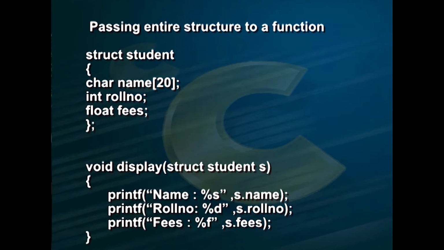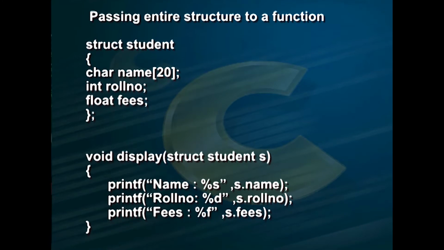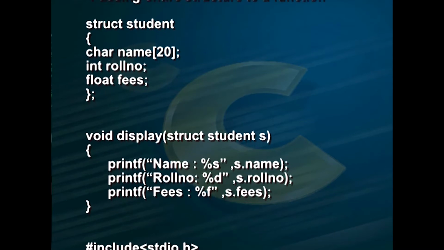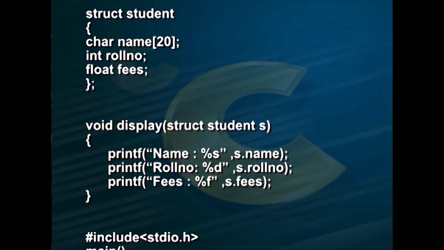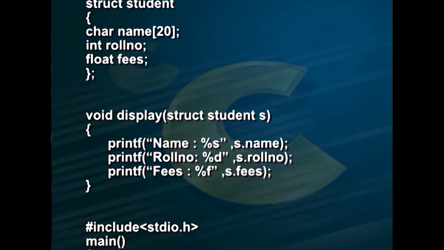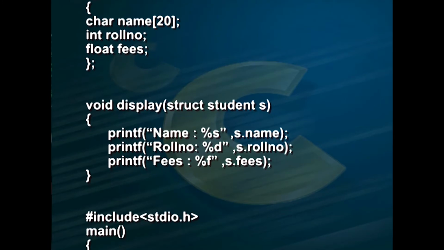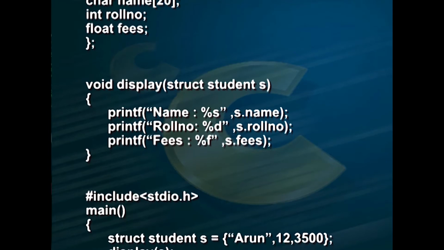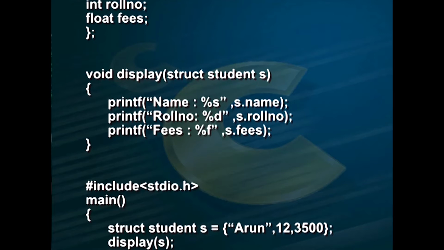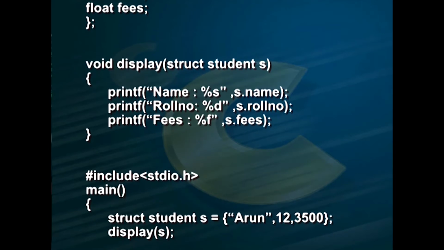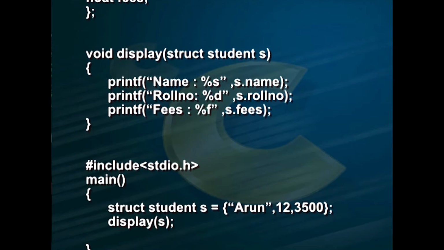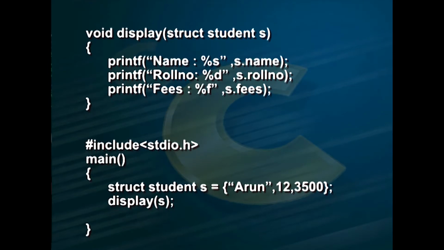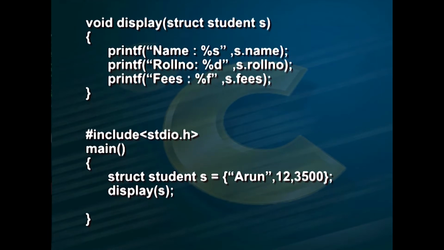Passing entire structure to the function. struct student { char name[20]; int rollnumber; float fees; }; void display(struct student s) { printf("name %s", s.name); printf("roll number %d", s.rollnumber); printf("fees %f", s.fees); } #include <stdio.h> main() { struct student s = {"Arun", 12, 3500}; display(s); }